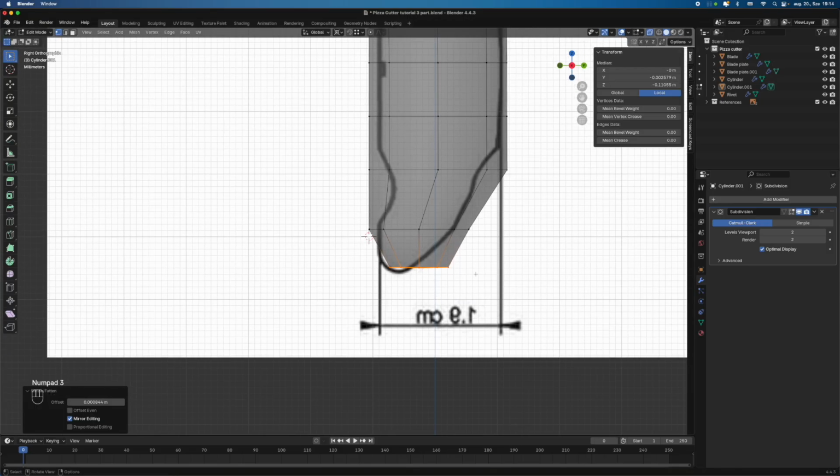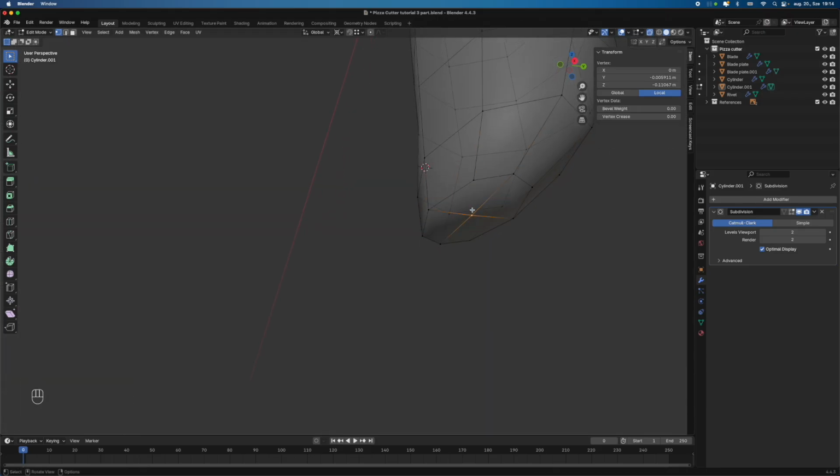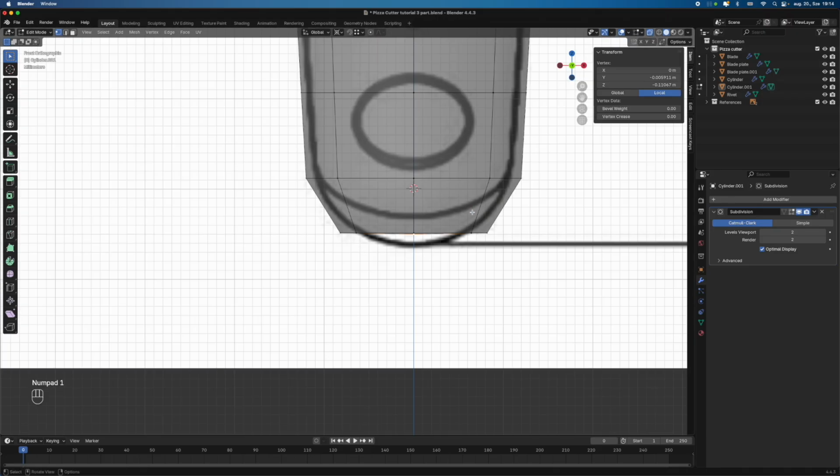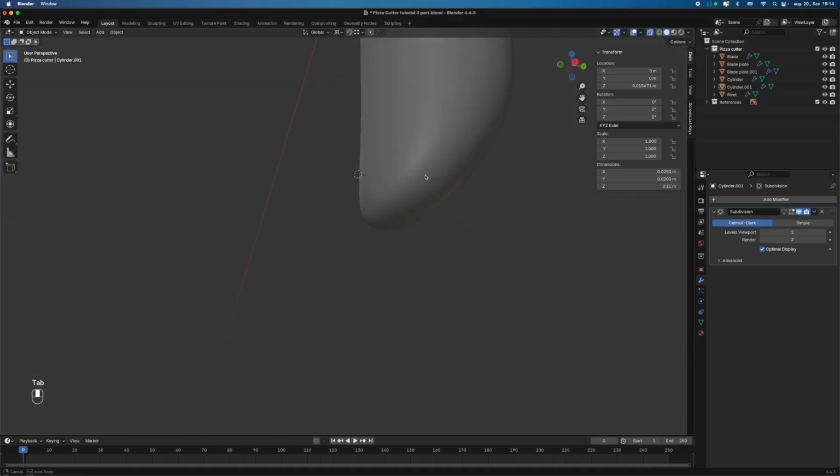Go to the side view, grab it to this vertex, and then select this one and move it down a bit,